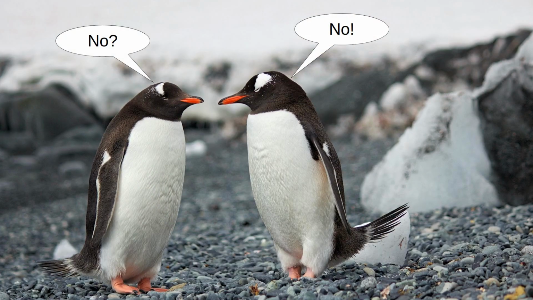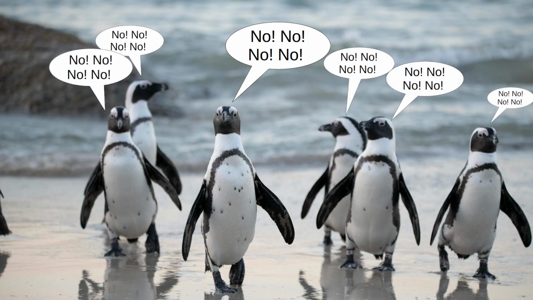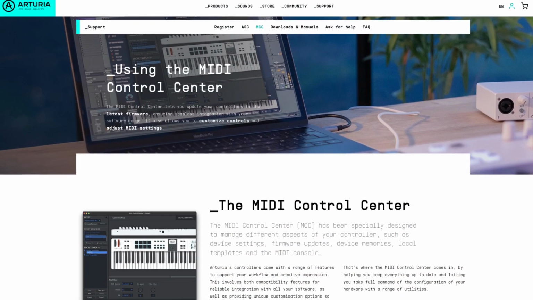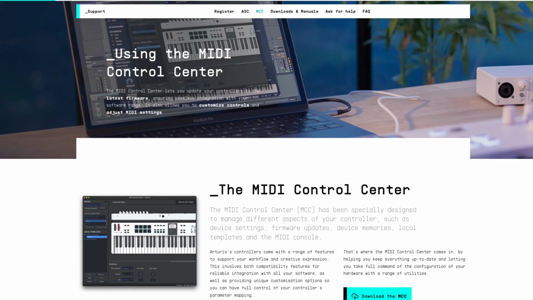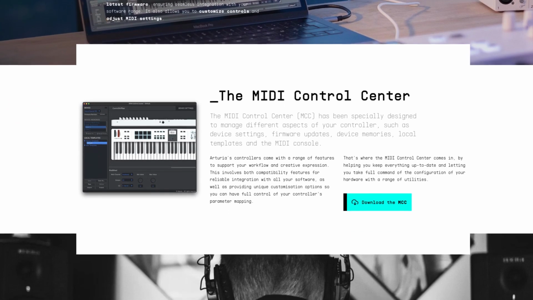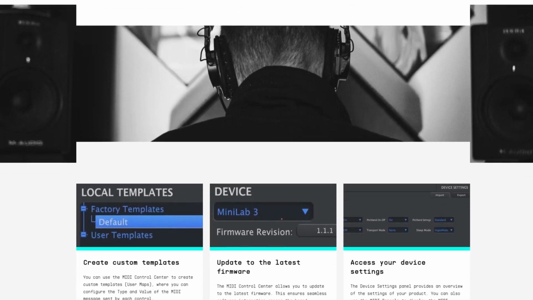What is the Arturia MIDI Control Center? As I encountered this problem due to Arturia's lack of Linux support, I will explain the problem and the solution from this perspective. It should look similar with Akai. With the Arturia MIDI Control Center, you can manage your Arturia's hardware via SysEx. You can update the firmware, change the settings of MIDI CCs, change the colors of the LED lit pads, and